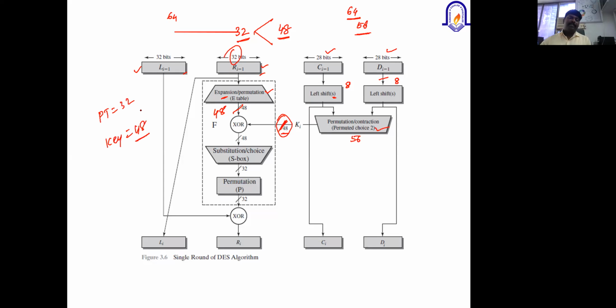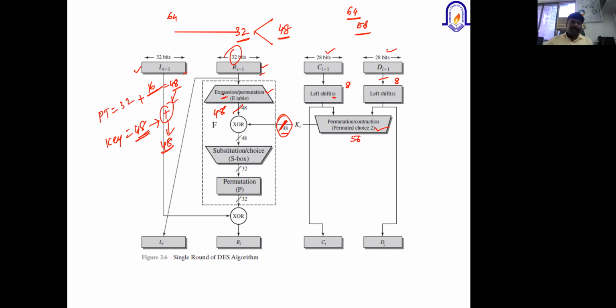So there is a mismatch in the size of the values. What I'm going to do is add 16 extra bits so that it becomes 48 bits. Then a 48-bit plain text and a 48-bit key are applied to the XOR operation, which produces a 48-bit output. I hope this is clear.